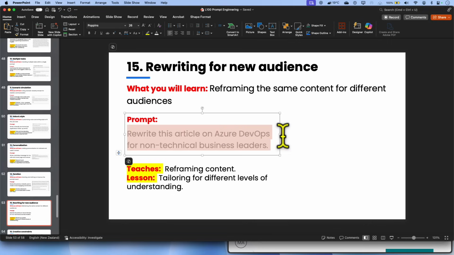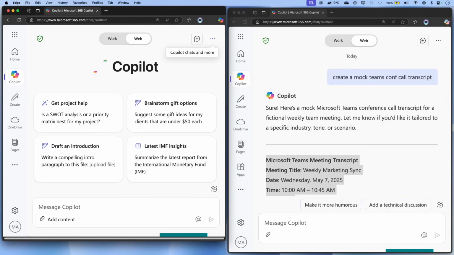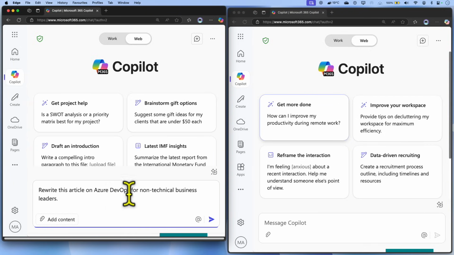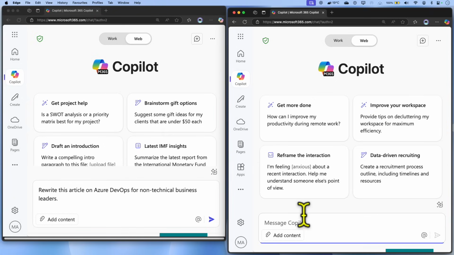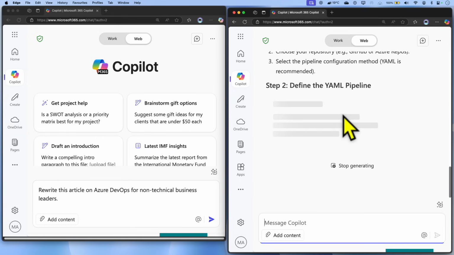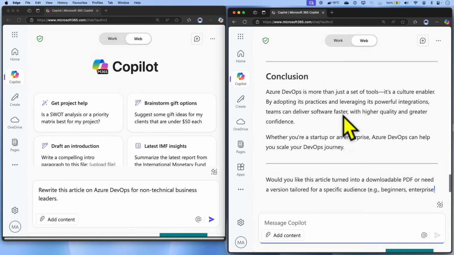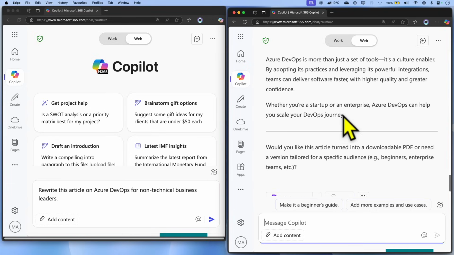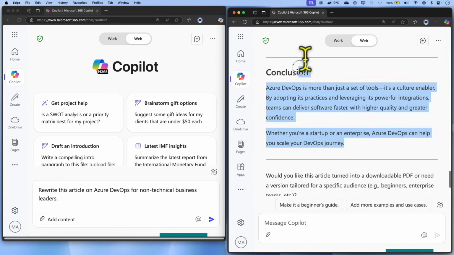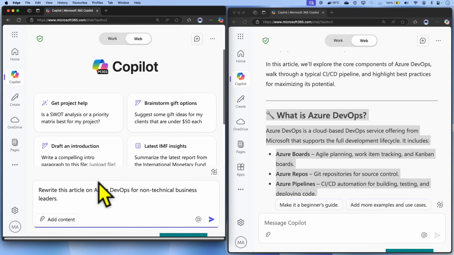First, let's copy the prompt. Let's go to Copilot and click on new chat on both areas. The first one we are going to run as it is, rewrite the article. The next one, I'm going to say create a mock technical article on Azure DevOps. It is going to create an article on Azure DevOps, quite technical because I said technical. It has all the technical bits in it to make it a bit complex to understand if you're not tech savvy. I'm going to copy this and say here, rewrite this article on Azure DevOps for non-technical business